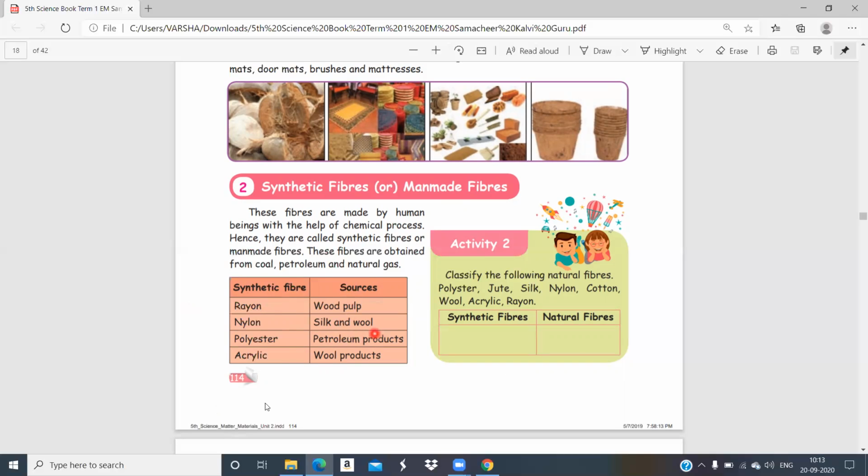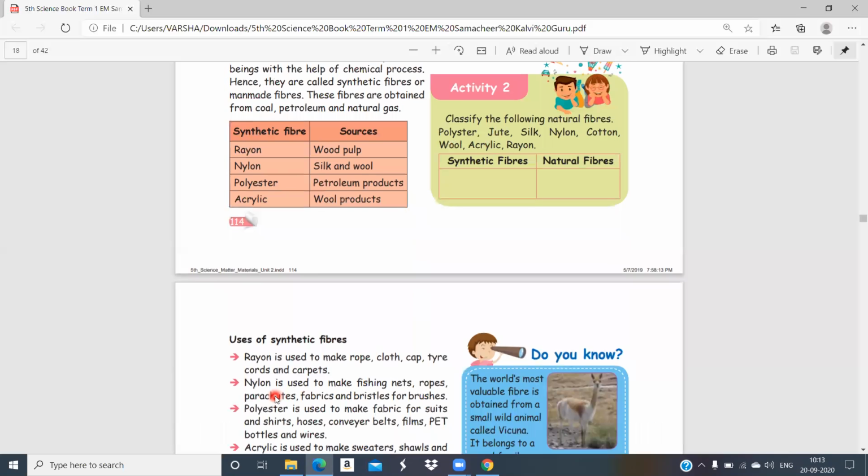Nylon, polyester, acrylic, made from petroleum products and wood products. What are the